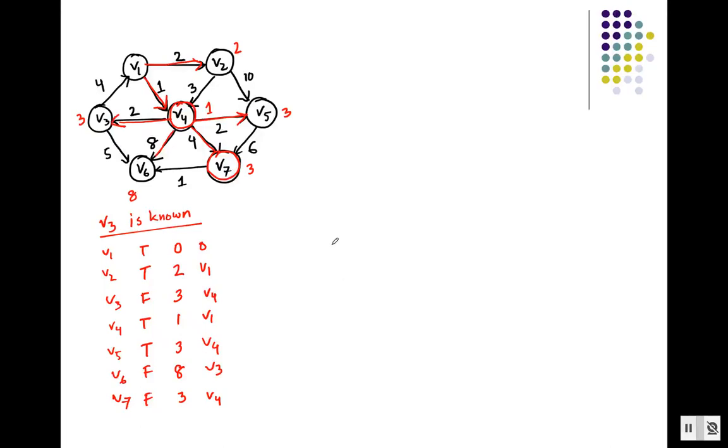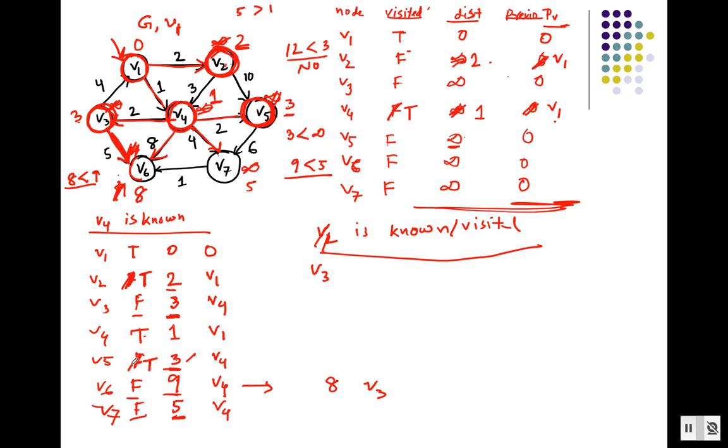Hello everyone. In the last video segment we saw how we choose a node that has visited false and that has the minimum distance value. Last time we chose v3, and when we chose v3, from v3 we checked every other node that we can reach from v3, and we found